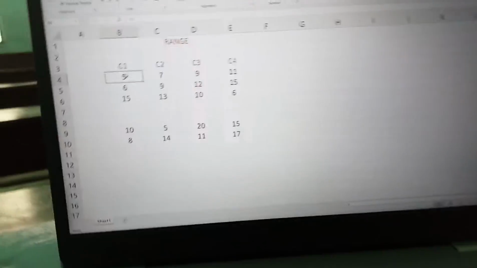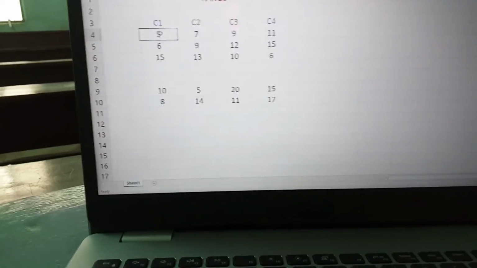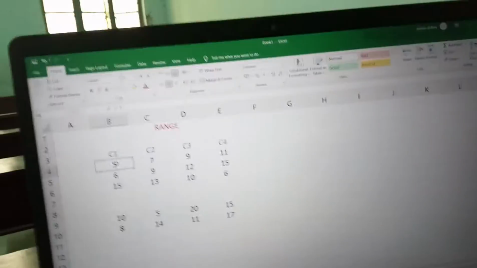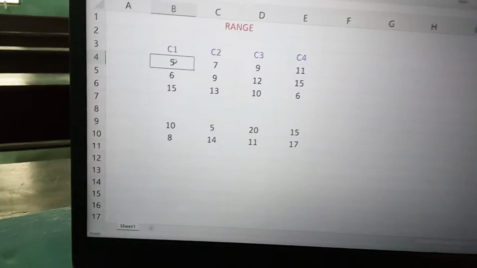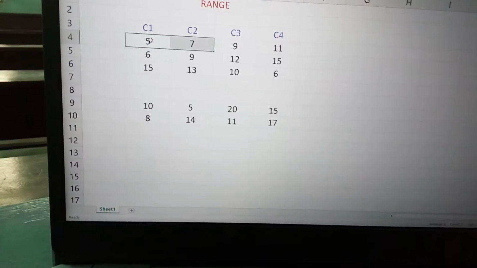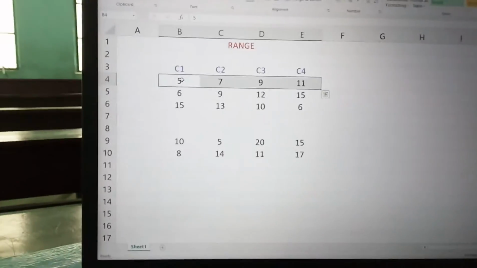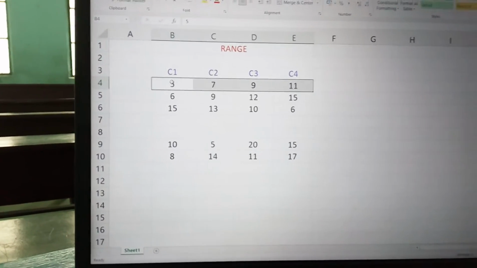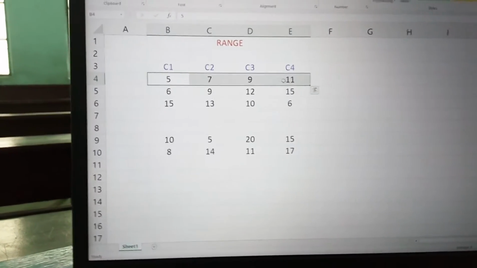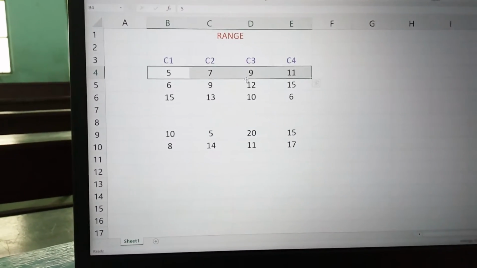So if I start from here and press shift and select, the name box still shows B4, but I have selected B4 to E4, so this becomes one range.